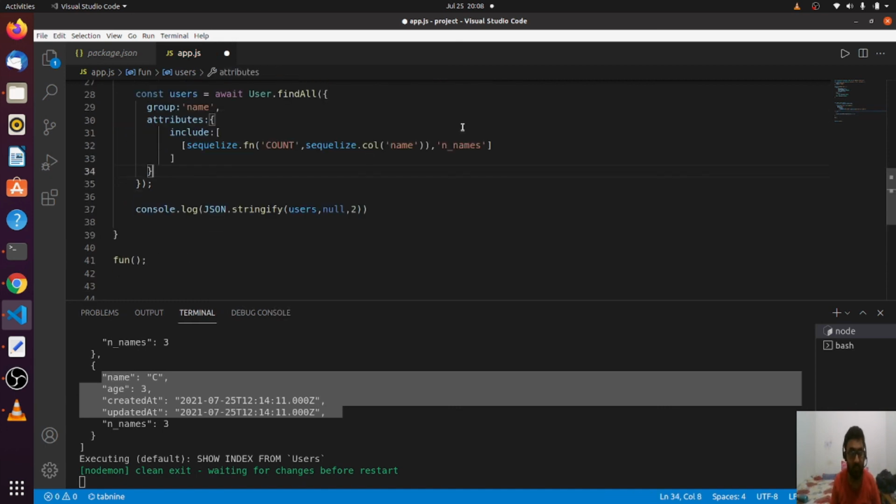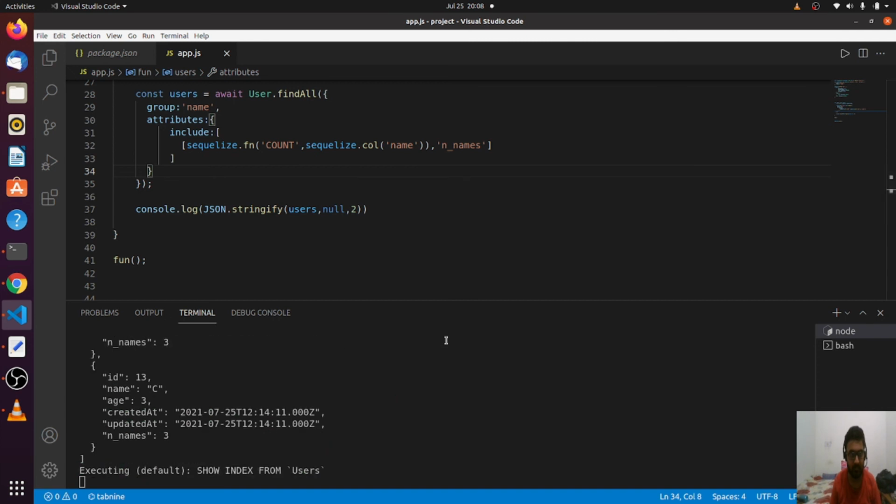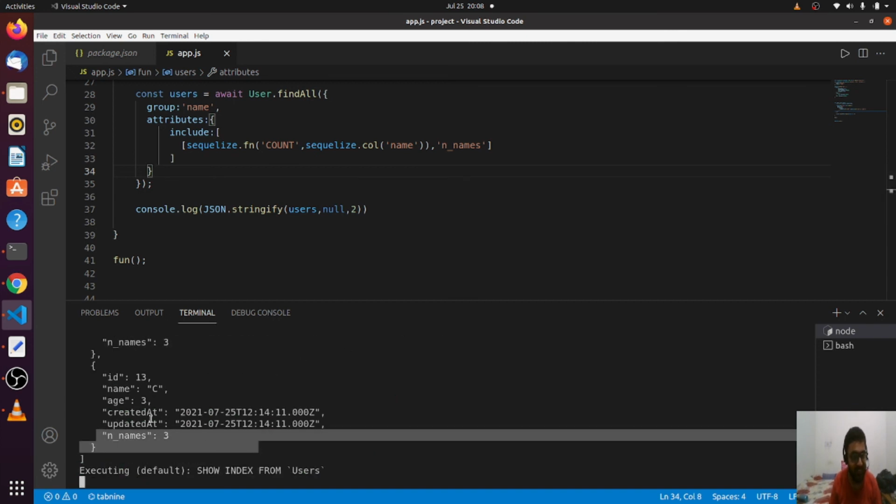Let's see if I get the same result or not. As you can see, I got the same thing. So this is just a better syntax to do the same thing.